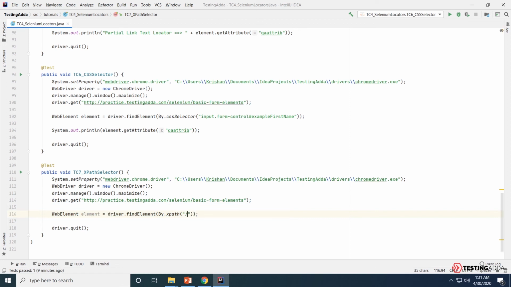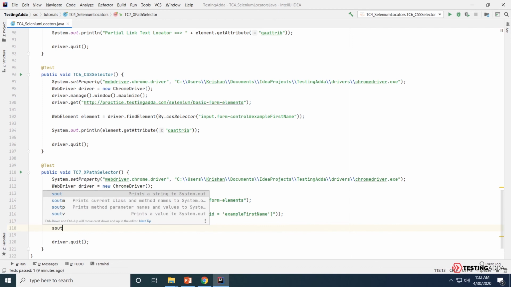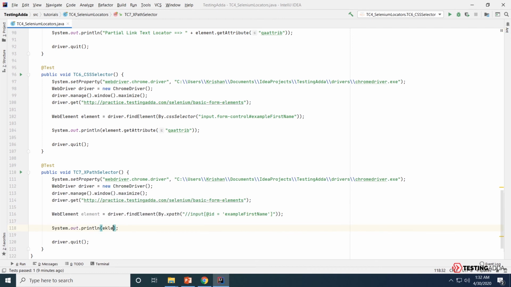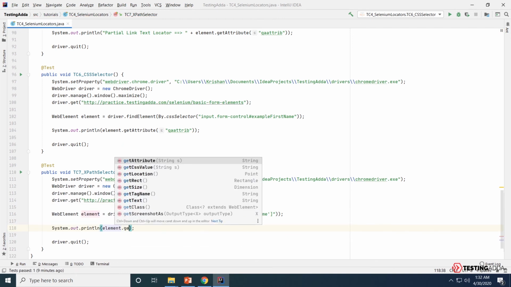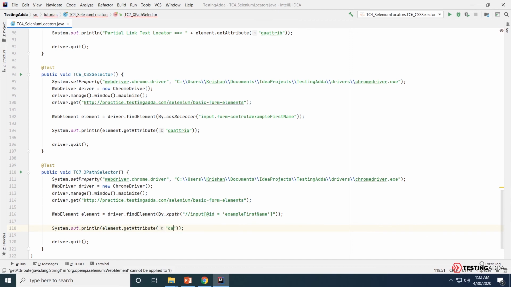It should start with double slash, that is a relative path. The element or the tag can start anywhere within the document. So I would say input, ID equals example first name. Let's try printing the QA attrib value as sout element dot get attribute QA attrib.